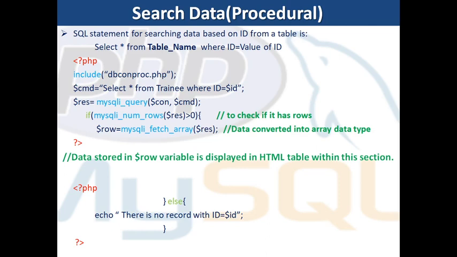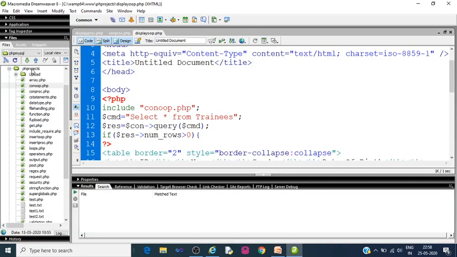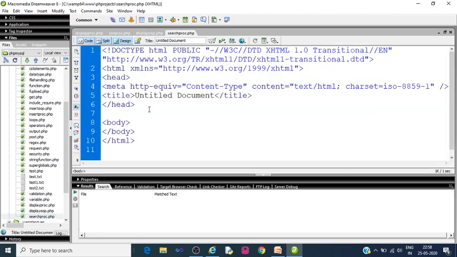So let us get back to our editor. This is the editor. Now add a new file, search proc. So procedural method, just add our database information. So include con oop.php,